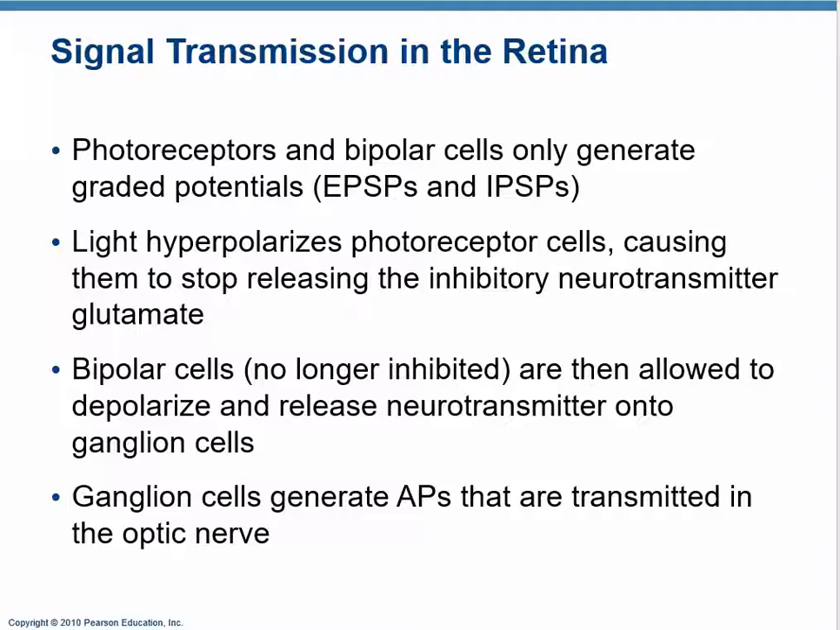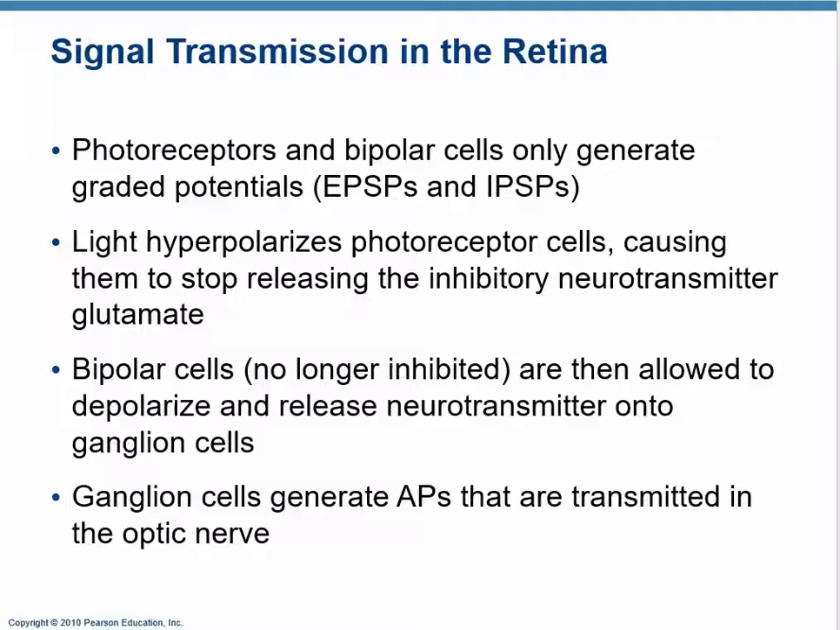So these receptors are graded receptors. They don't have action potentials. They have excitatory and inhibitory. So light hyperpolarizes the receptor cells, causing them to stop releasing inhibitory neurotransmitters. So it sounds backwards, but